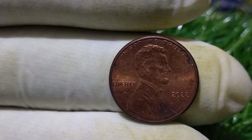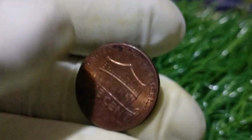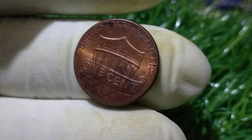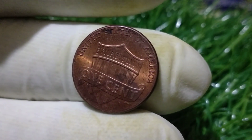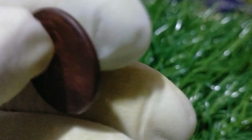the future, coins like these will only increase in value. Because as time passes and more ordinary 2022 cents disappear from circulation, the few spectacular errors that survive will stand out even more, cementing their status as legendary rarities. And for anyone